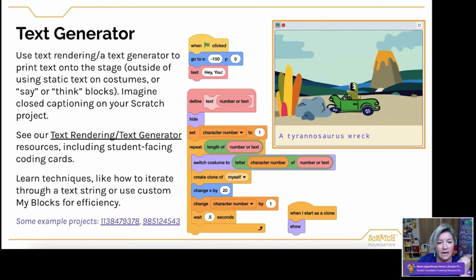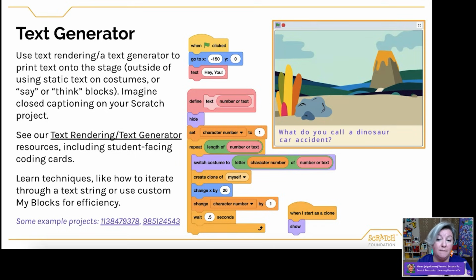It also is, again, a little more complex. Here you'll see I'm using a My Block custom block. That is something we also have resources about in our learning library. I'm iterating through a list. And so definitely, again, just more layers of complexity. But for those students who have created their simple game and want to add a different feel, this leveling up could be a really fun opportunity.